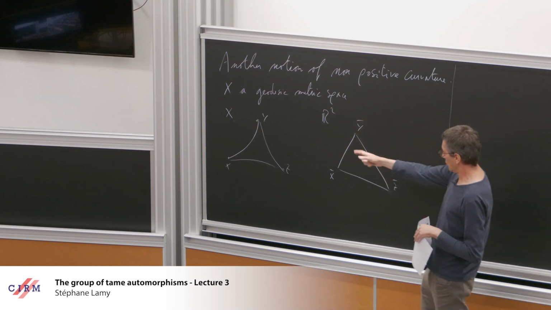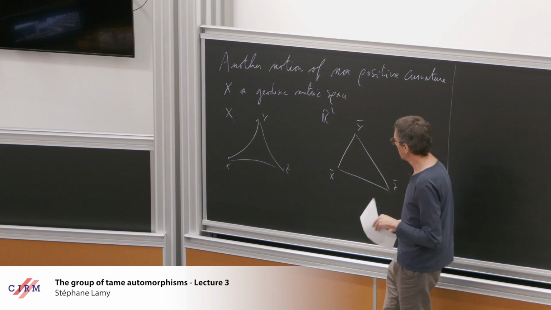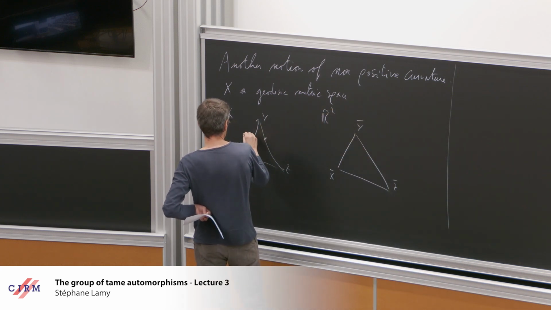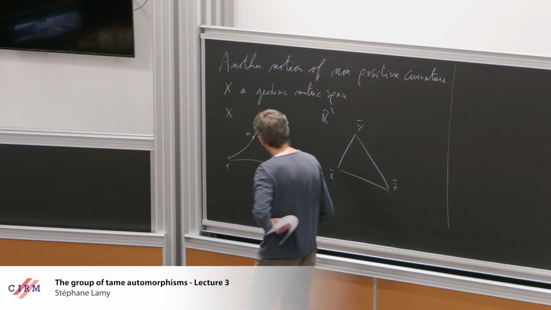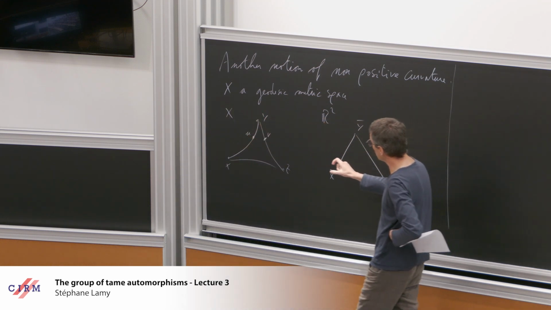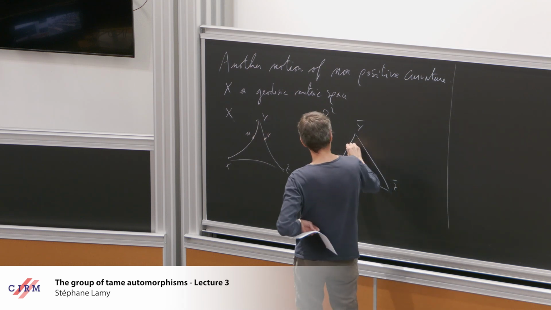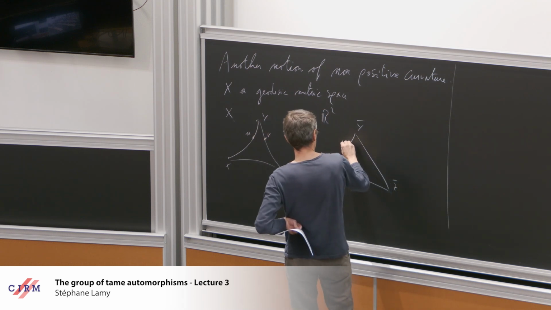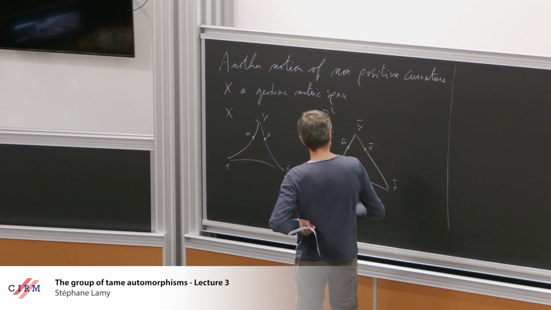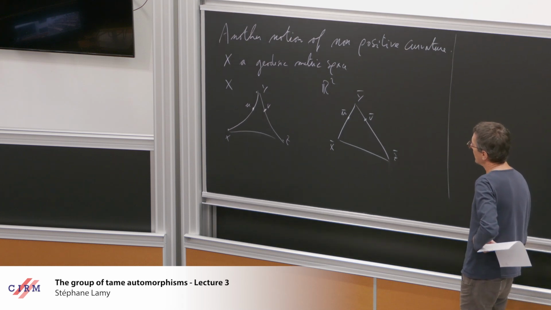Okay, so I have my 3 distances. I construct a triangle with the same distances, and then I take 2 points on 2 different sides, say U and V. And again, I can put the comparison points here, so that this distance in X is the same as this distance in R2. So I have my comparison point U bar, and the same with V bar. And we say that X is a